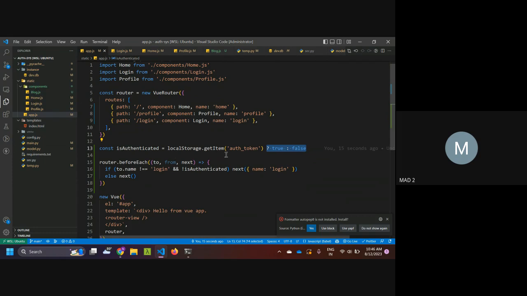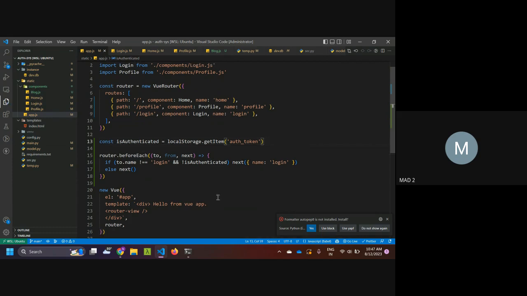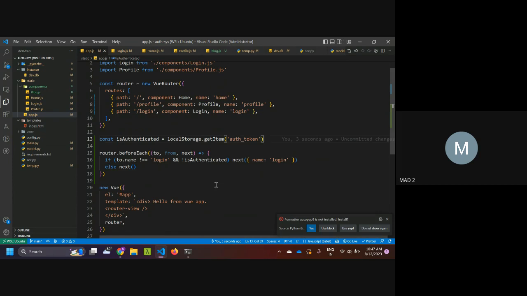Else, if there is nothing, then it will return none, and that will be evaluated to false. So if you want, you can remove this. It will not make any difference, but it's better to keep it,